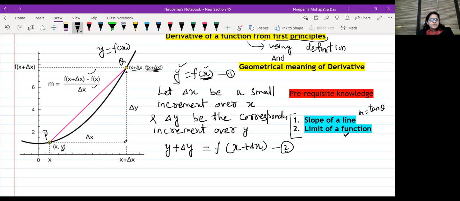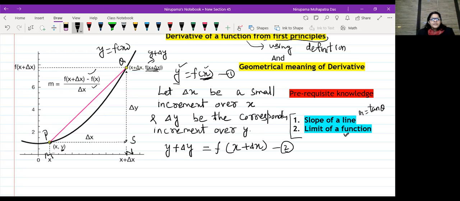Okay, and also if you observe the figure, here you see this is x plus x and xy, here x plus delta x, f of x plus delta x, or you can say this is your y plus delta y. Now this length, if I write here, this is m, this is n. Let me take this as s. So what is the length of mm? OM equals f, ON equals x plus delta x. So the length mn is delta x.